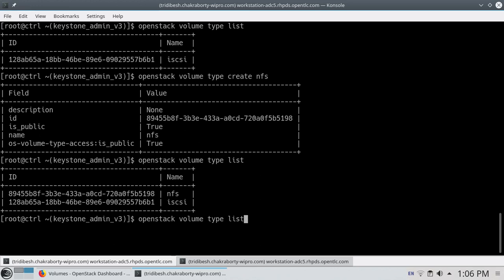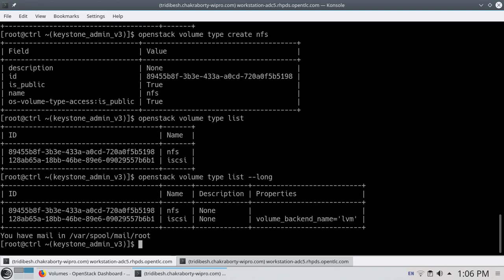Now in this, one more thing you do: use the long listing option for the output. If you do the long listing, you will surprisingly see that for iSCSI the backend is LVM, whereas for NFS there is no property or backend volume specified. So just creating a volume type is not enough; you need to specify what type of backend volume you want to use with that volume type.